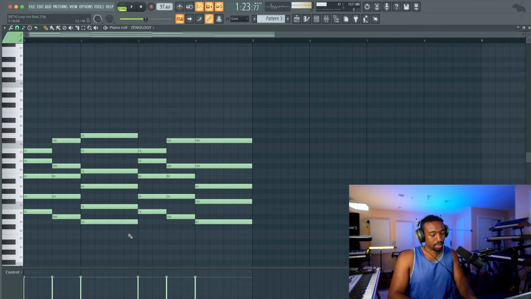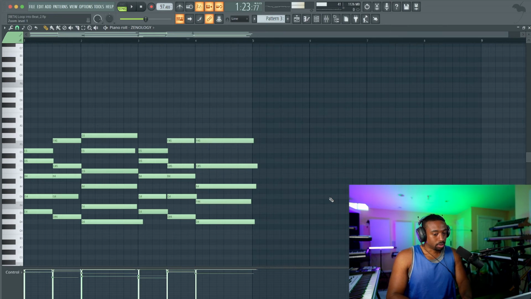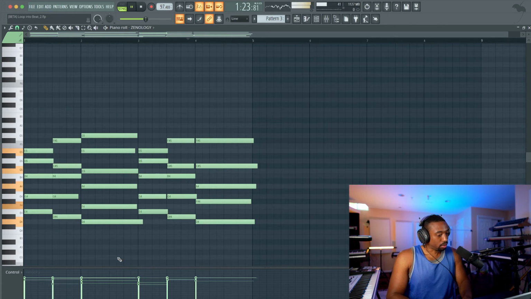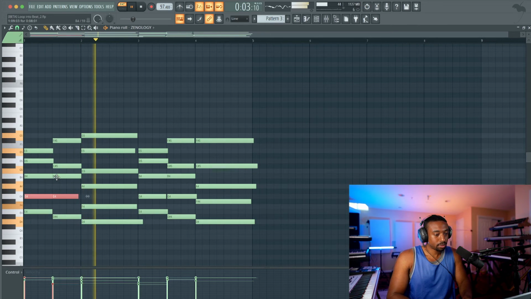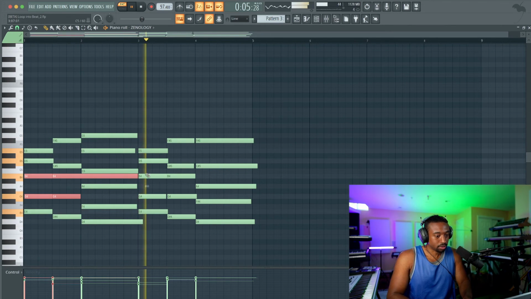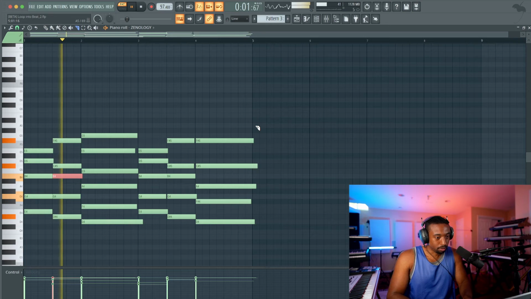Now everything's playing at highest velocity. There's a tool in FL called the FL Scripts. It's called the Humanize tool. Let's use this tool. Hit Alt X to lower the velocity. So it just makes the notes feel more natural. Now they have a more human feel to it.